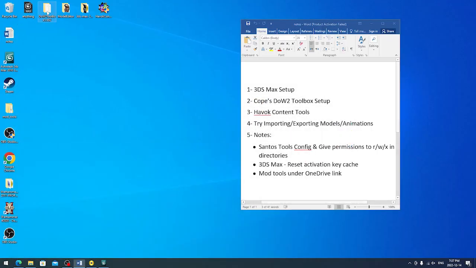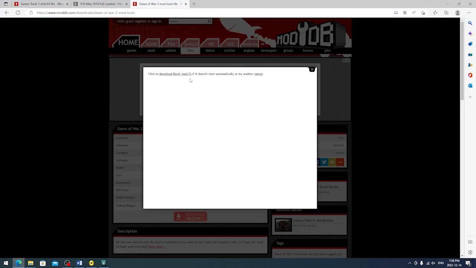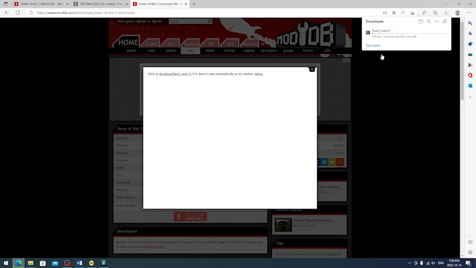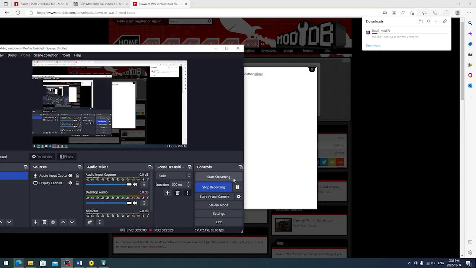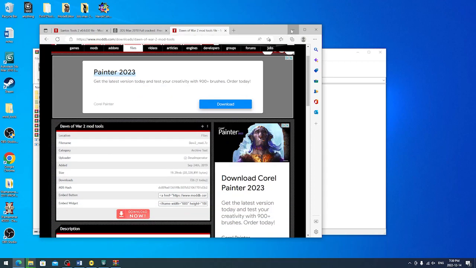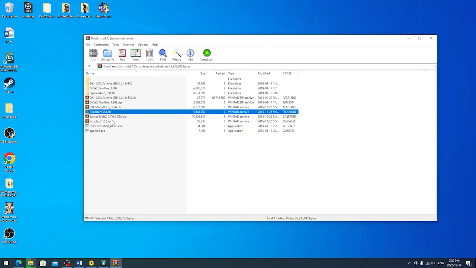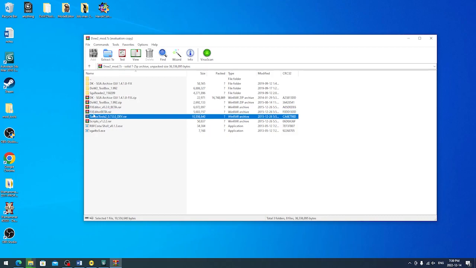And when you download it, you should get a folder that looks something like this. Or actually, let me just go ahead and download it to make sure. Download. Okay. Alright, so when you download the mod tools, you should get a zip archive with a couple of tools. So you have the FX editor, you have Santos tools, you have